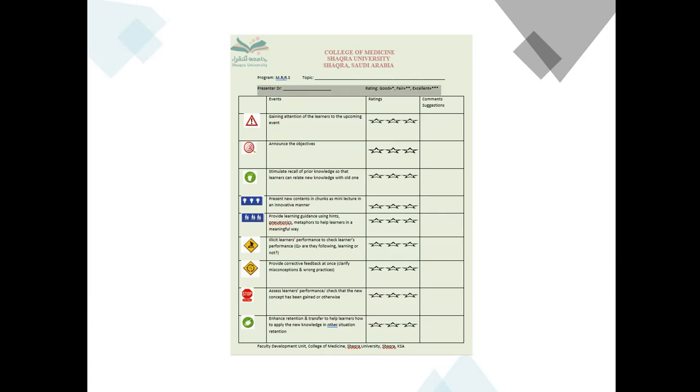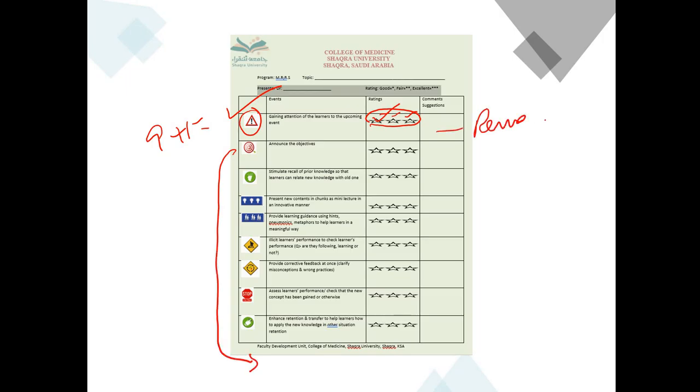You can make your pro forma at your institution, and if somebody is going to present a lecture, you will see whether these nine plus levels of instruction are there, and if he performs very well, you will grade them 3 stars, and if they perform very poorly, you can give them a single star, and so on. You will check the rest of the steps with your remarks, and this will